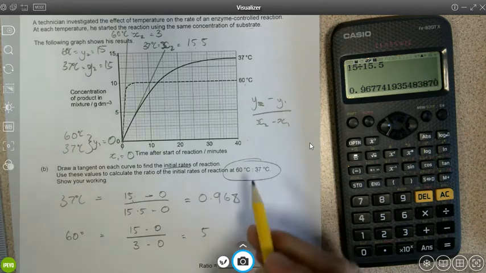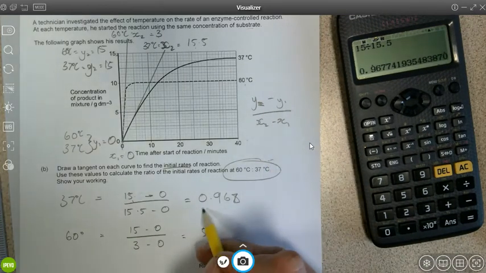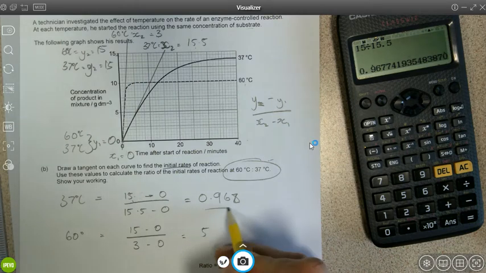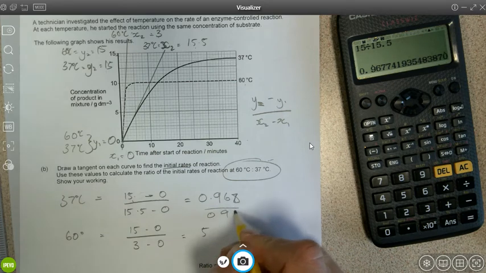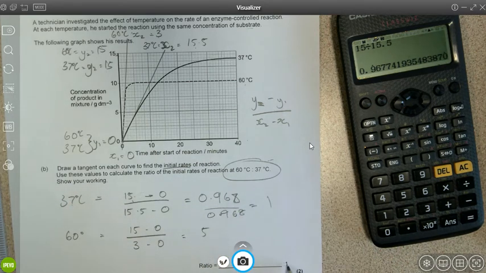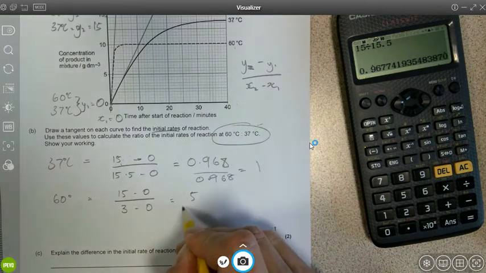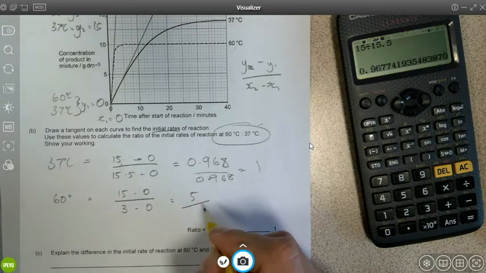So that means we need to make that 37 degrees 1. So to do that, we divide both by the value for 37 degrees, making 37 degrees 1, as it asked for in the question, and then 5 divided by that same value,